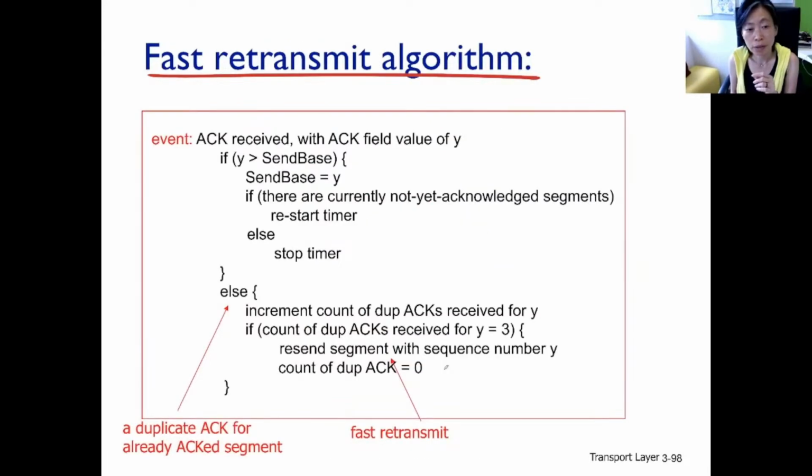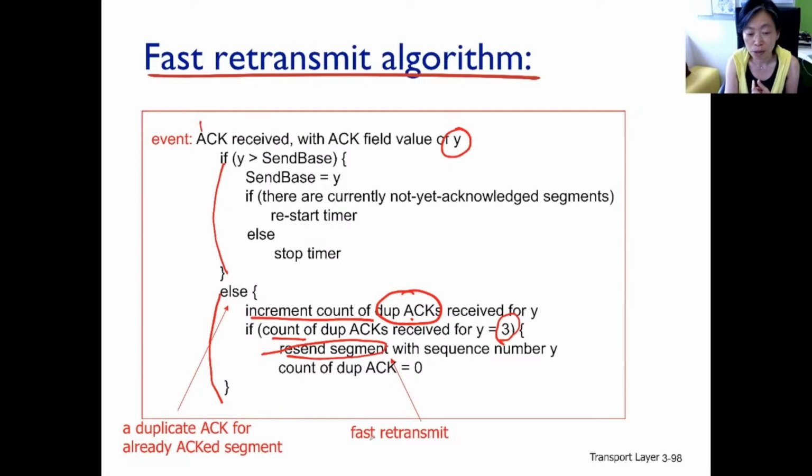And so the TCP sender's pseudocode needs to be modified. The only part that needs to be modified is the event when we receive an ACK packet from below. First of all, we extract the sequence number in the ACK packet. This is the case when the ACK packet is new, and this is the other case when the ACK packet is not new. In here you see we increment the count of duplicate ACKs. For each duplicate ACK, we increment this by 1. When the count of duplicate ACKs is exactly 3, then we resend the segment. So this is fast retransmission of a lost packet. And then of course, we drop the count back to 0.